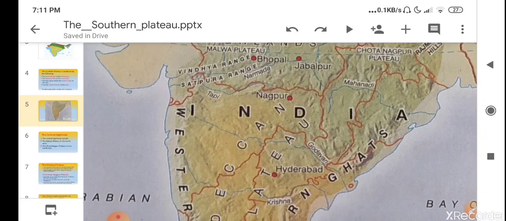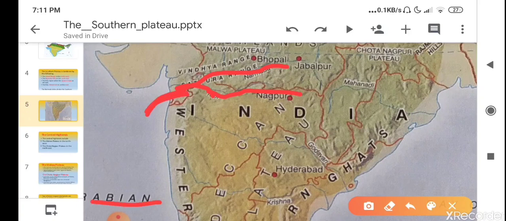Some rivers like the Narmada and Tapi, which you can see here, flow from east to west and finally fall into the Arabian Sea.